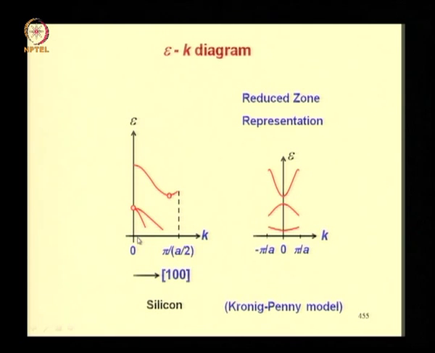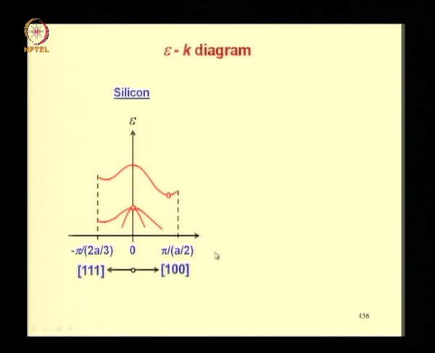For example, here for silicon in the 100 direction, the E-k diagram looks something like this. The bottom of the conduction band and top of the valence band are not at the same value of k, in contrast to the situation in the Kronig-Penney model or the simple one dimensional case with rectangular potentials. You can use the other half to represent the E-k relation in another direction. So this way you can make a compact representation of a lot of information on the same graph. So in fact that is what is done.